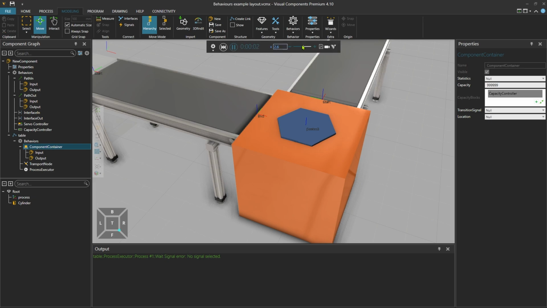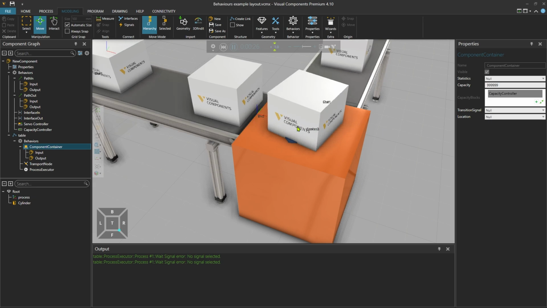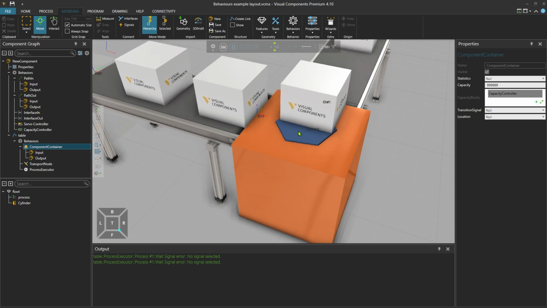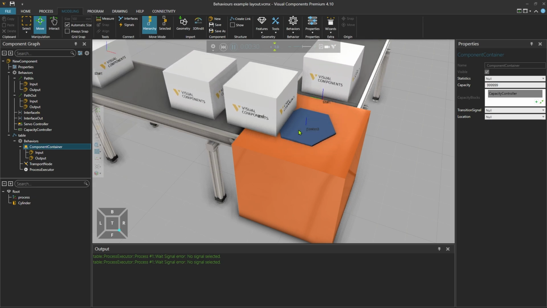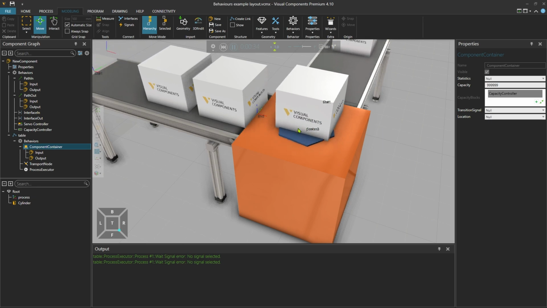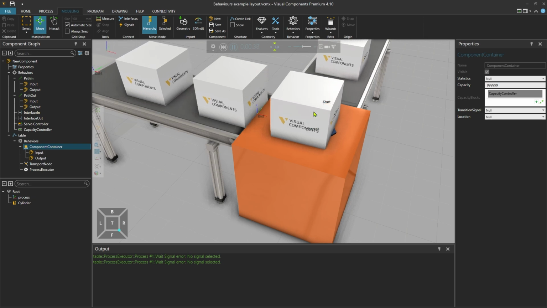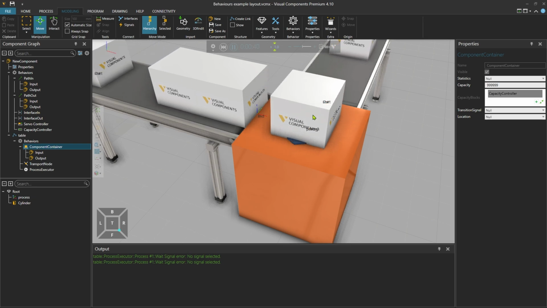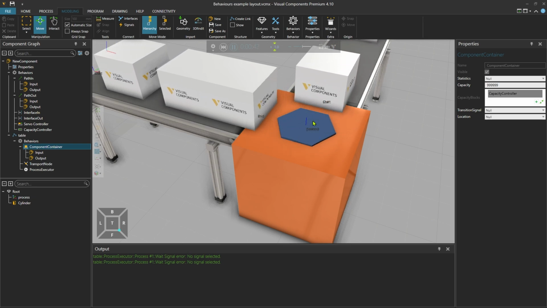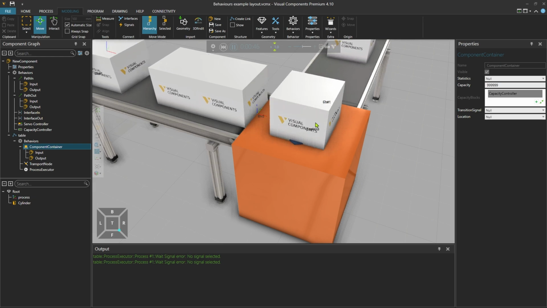Running the simulation again, as you can see, and we change the simulation speed to 1, the turntable starts to return immediately when the product leaves the process container. So practically when the product enters the second path. What we should do is wait until the product has moved at least a little bit before we return the orientation of the turntable.